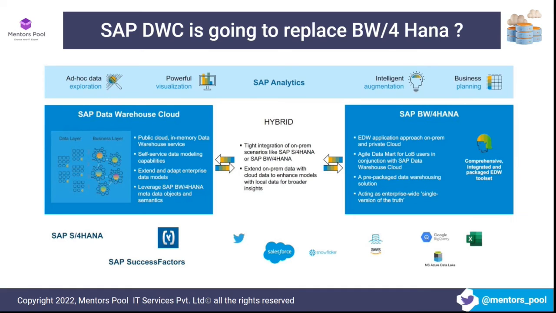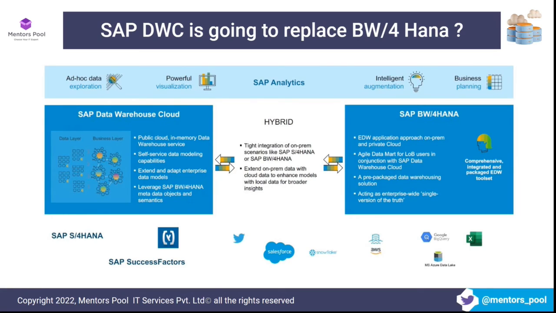Like we said, SAP Data Warehouse Cloud and SAP Business Warehouse are for specialized needs, right? Data Warehouse Cloud is a service model with a low-code, no-code approach, whereas Business Warehouse is on-premise, and it has existing